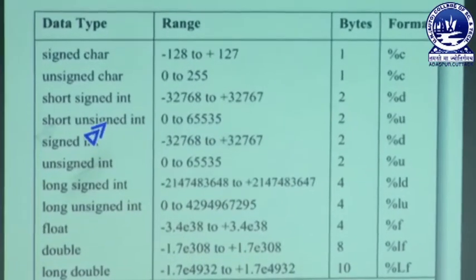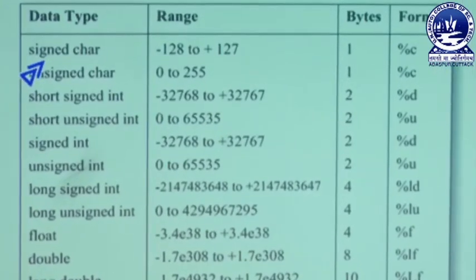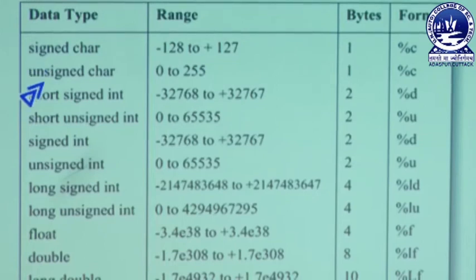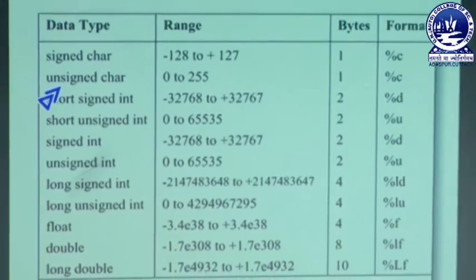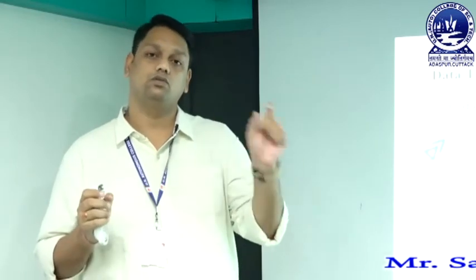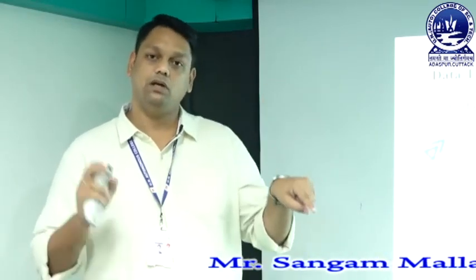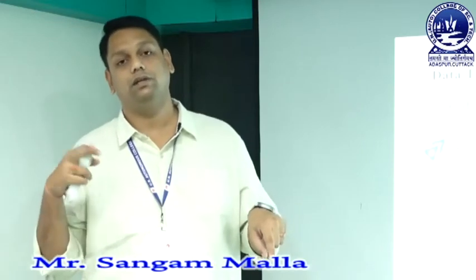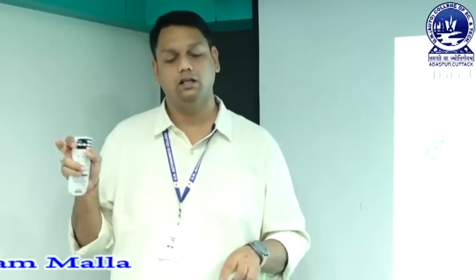So you could see a new term, that is signed and unsigned. So what do you mean by signed and unsigned? Let us say an example. Whenever I am writing x equal to 5, that means it will store plus as a value and 5 as a value. Similarly when I am writing y equal to minus 10, minus will allocate another memory and 10 will allocate another memory. So in both these cases you can clearly see that the symbol is also taking some space.